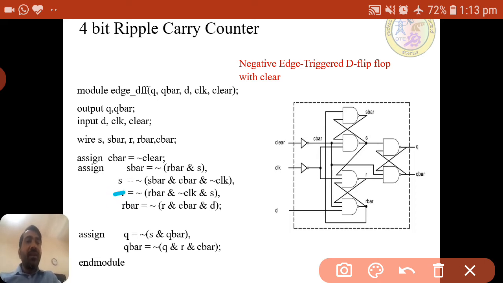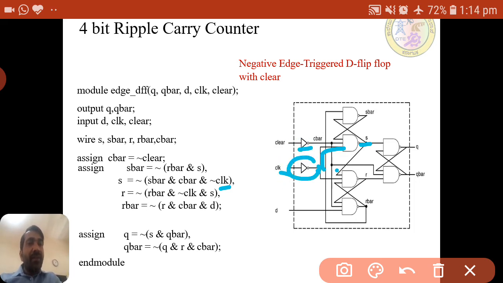So here again for S, what are the inputs? Three inputs: one is S bar, one is C bar, and one more is R bar. For S, one input is NOT of clock, so we are giving the NOT here, NOT of clock.